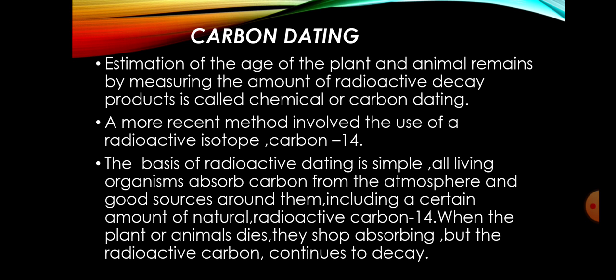The basis of radioactive dating is simple. All living organisms absorb carbon from the atmosphere and other sources around them, including a certain amount of natural radioactive carbon 14. When the plants or animals die, they stop absorbing, but the radioactive carbon continues to decay. It means that when plants and animals are alive they absorb carbon 14, but when they die they stop absorbing, and at this point the carbon 14 starts to decay,